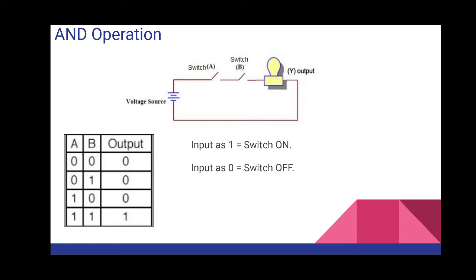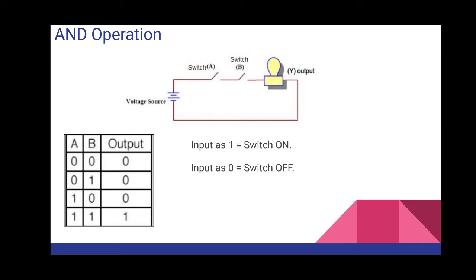Now there is a battery attached to the circuit. So just tell me, how will the bulb glow if both the switches are open? What is the condition shown? Both the switches are open, that means the switches are off. So what is the input given to the circuit? 0, 0. Agree? The first condition. Since both the switches are off, they are not connected, so there is no provision for the current to flow through the circuit and make the circuit complete. Agree? That is why the inputs are 0.